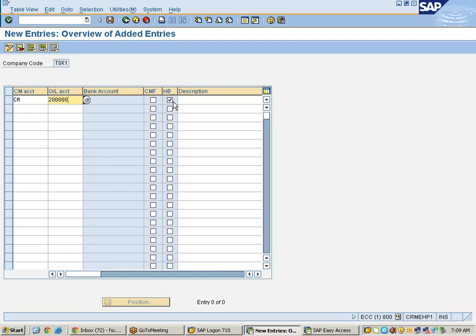If the house bank is not there, and you are going to create your own clearing account, then you need to update the clearing account and check this cash management. So in this case, I am taking the bank account as a clearing account. That is the reason I had selected it. Clearing account.